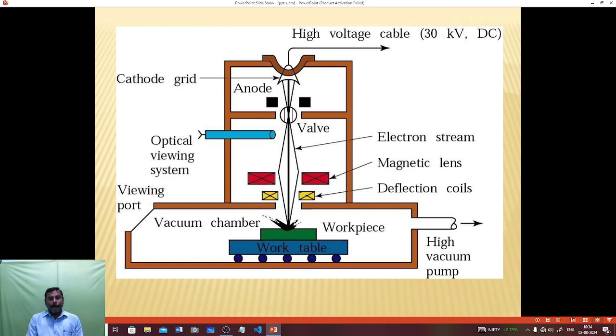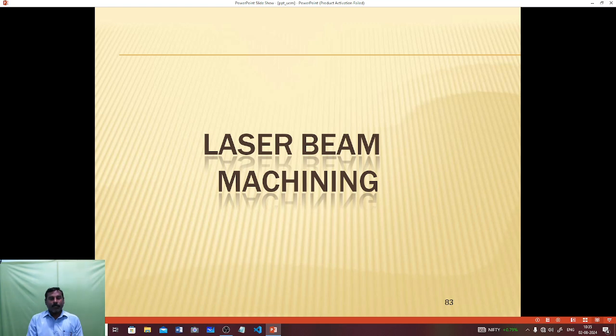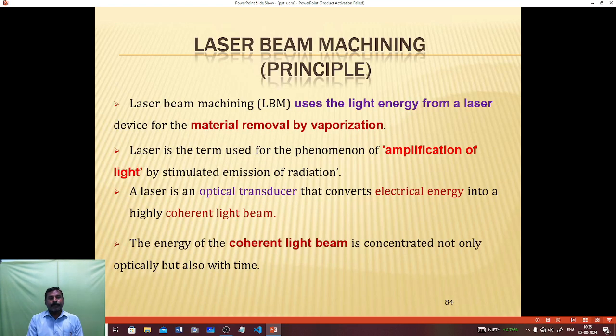Then the main components of the electron beam machine are the electron stream, magnetic lens, deflection coil, high vacuum chamber, optical viewing systems, anode and cathode, and high voltage cables. Then the laser beam machining. Laser beam machining uses the light energy from a laser